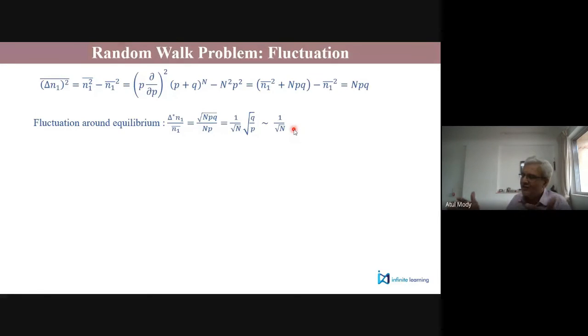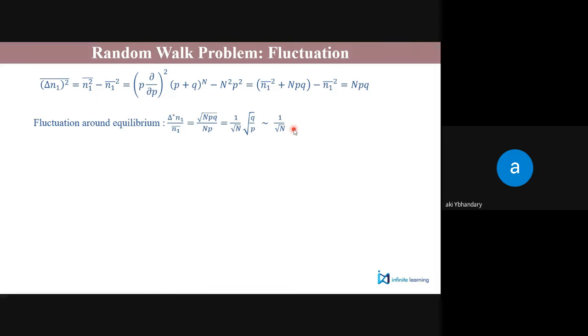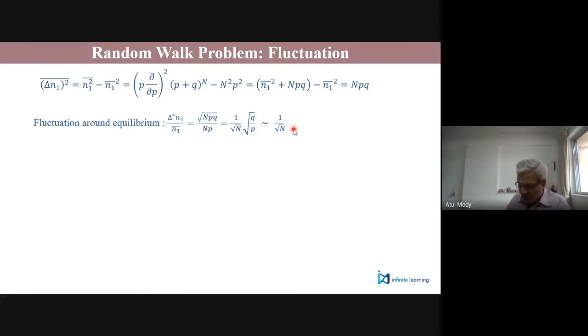Do you agree that fluctuation will be very, very small when I take my number of cases, number of trials? See, in case of coins, number of trials. In case of drunkard, total number of steps. In case of gas chamber, divided into two halves, number of gas molecules. So the fluctuation from the average distribution will be very, very small if your number of molecules becomes large. We did see this in case of 4 and 40, but as the number increases, this fluctuation tends to be almost negligible.